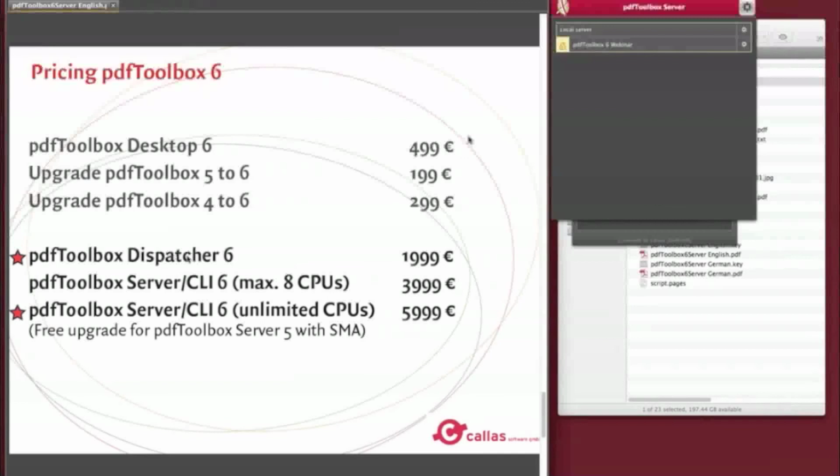We've got the new pdfToolbox dispatcher license, which is roughly €2,000, meaning 50% of a regular license. Then we've got the regular license, which is, as before, €4,000. But now there is a limitation: this is good for 8 parallel processes, so 8 files can be processed in parallel. This requires 8 CPUs on my computer, so this is already a very well equipped computer,